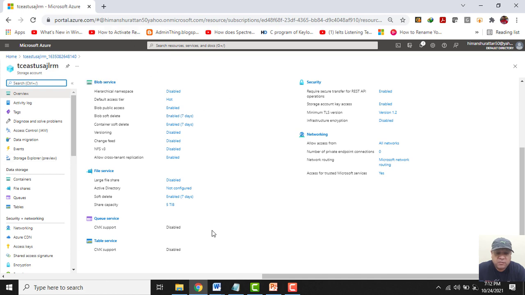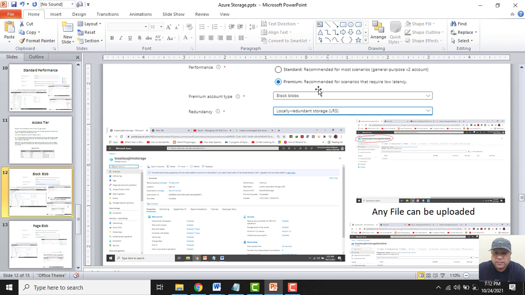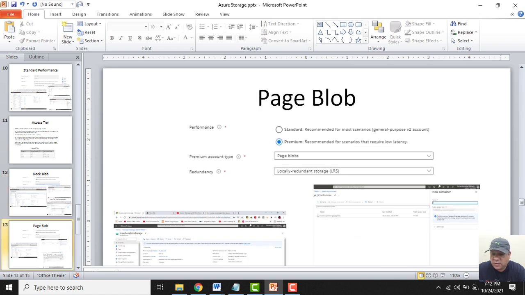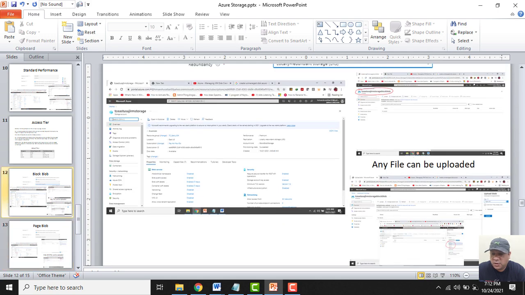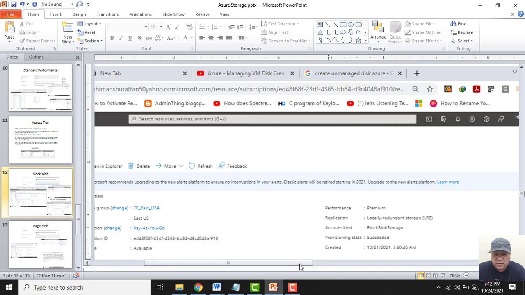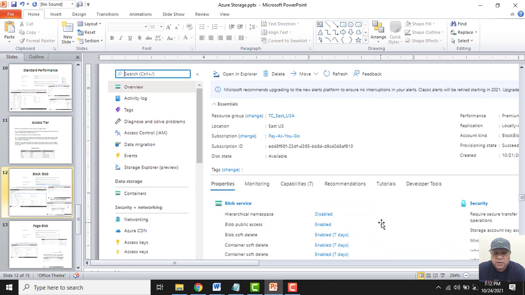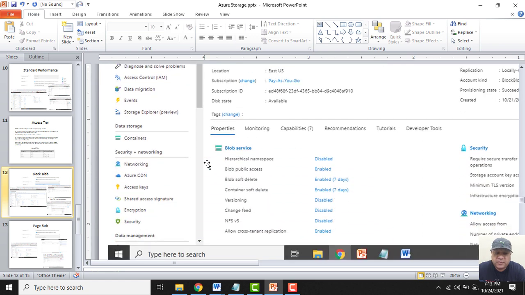But if I would have gone with the premium service, then after the creation of the storage account, I would have got this screen. Only the blob services I would have got.